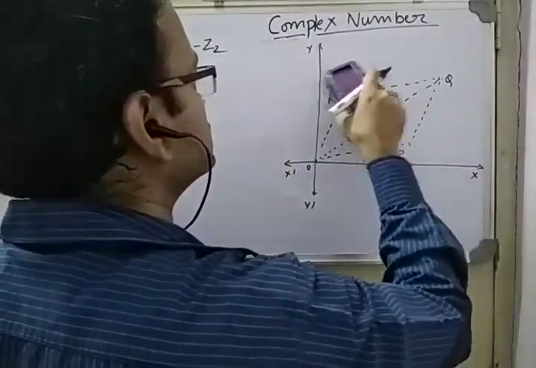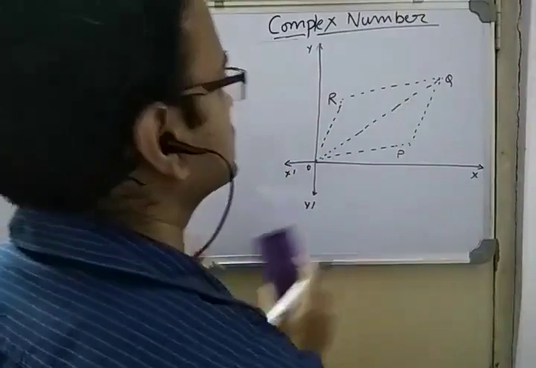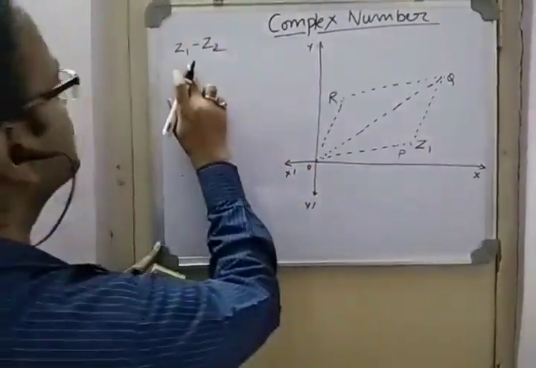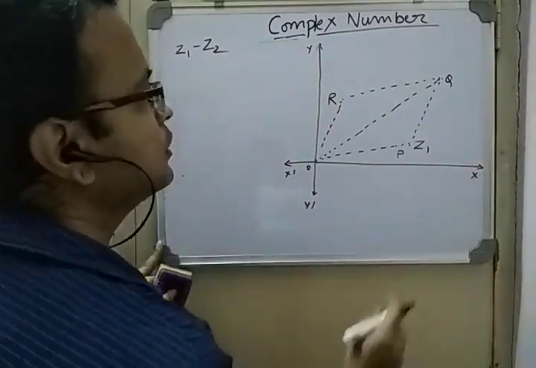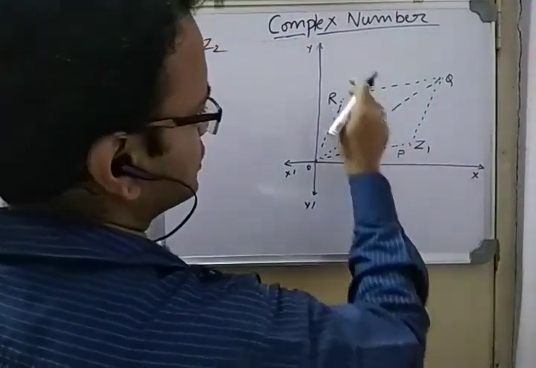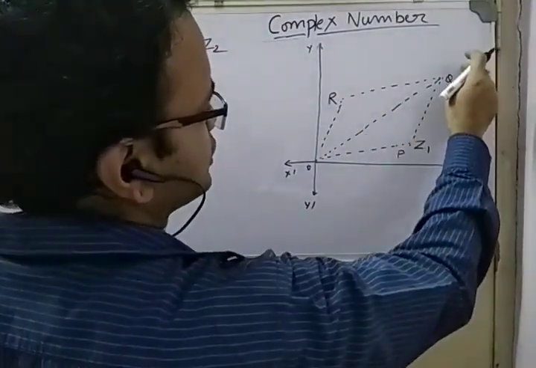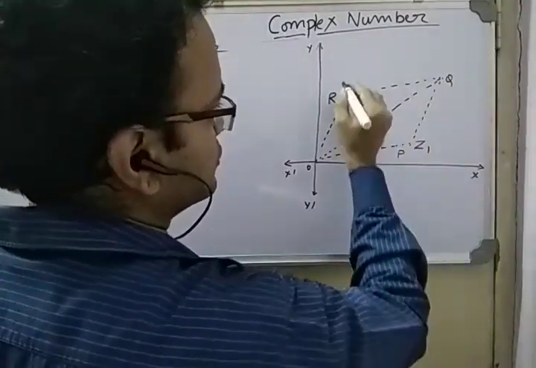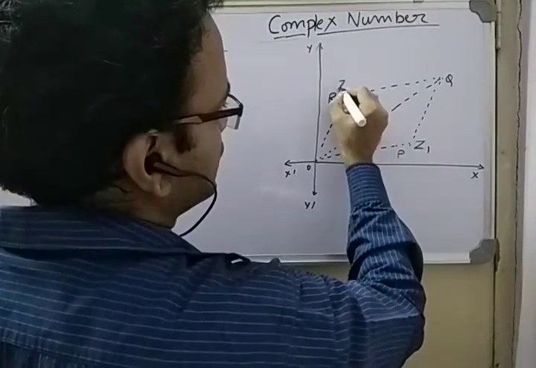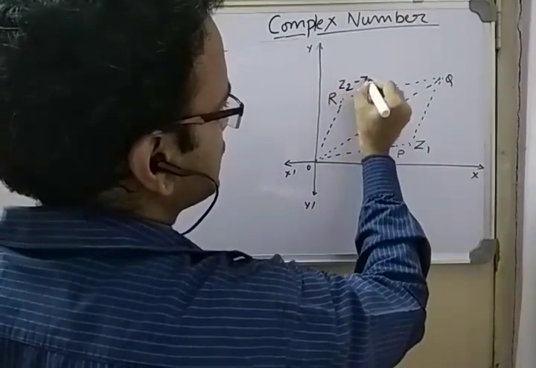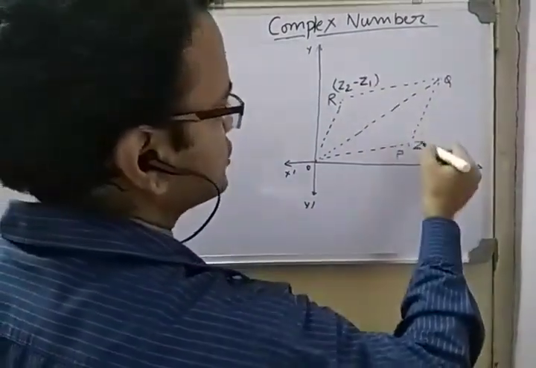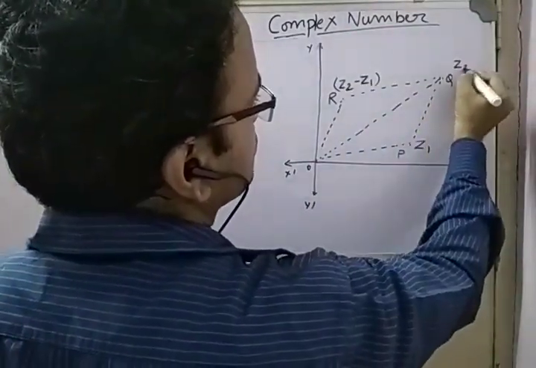See how we can use the same learning here. We know we have a point Z1. We need to reach Z1 minus Z2. So if this is Z1, it is Z2, so it becomes Z1 plus Z2. But we need to reach where? Z1 minus Z2. So suppose I represented this as this, then the addition of these two becomes Z2.